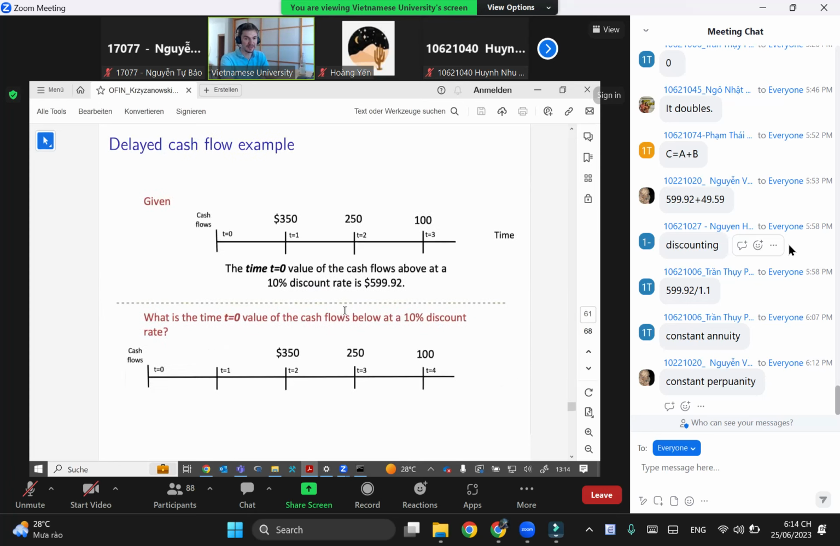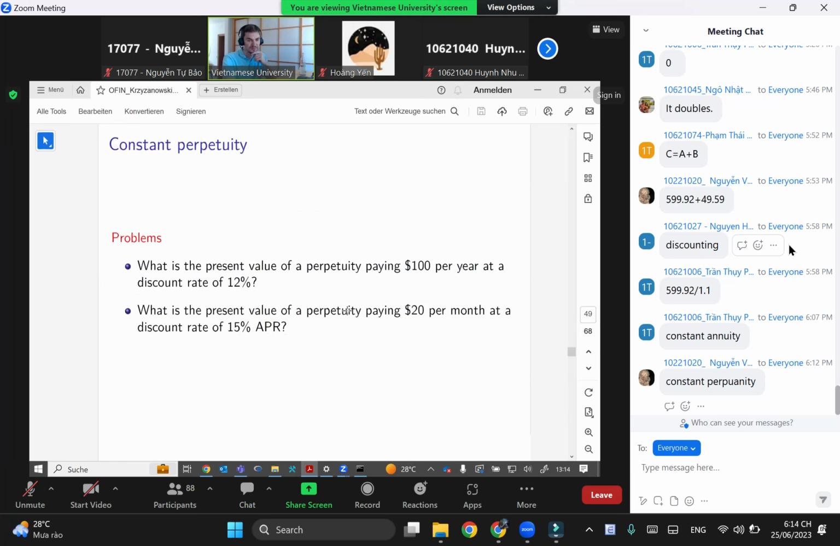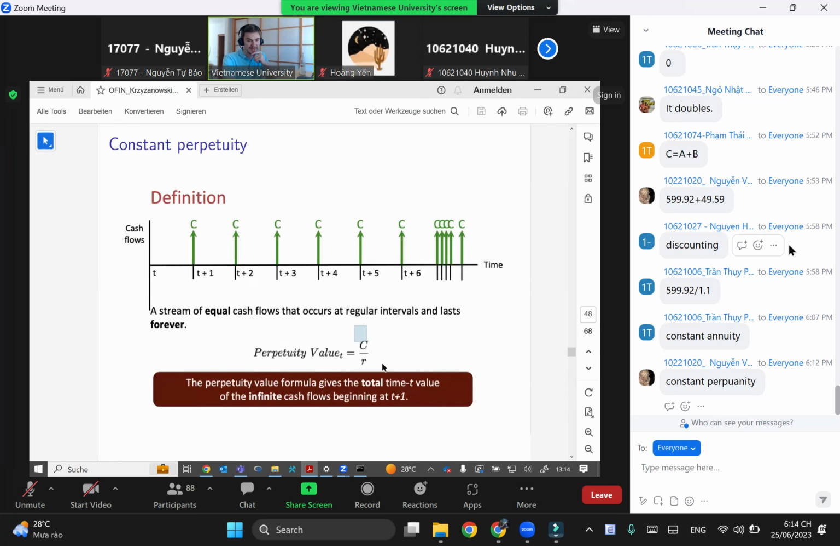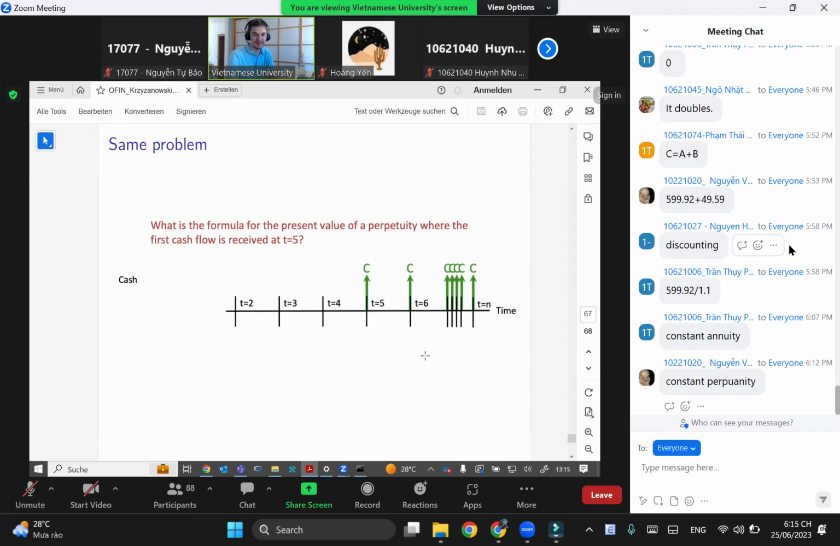So the time t value of the constant perpetuity would be c divided by r. So we would apply c divided by r. That would be our time t value of our constant perpetuity. However, given that the constant payments do not start at t+1 or t+2 or t+3, but they start, as you can see here, at t+5,